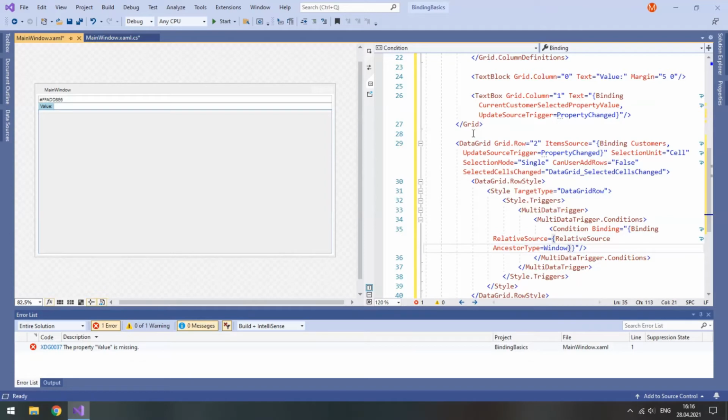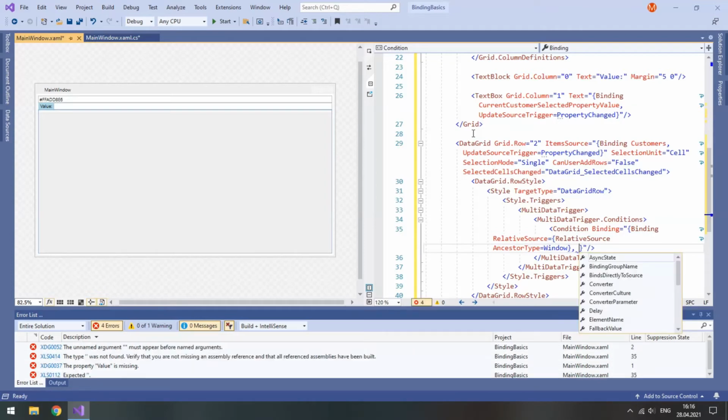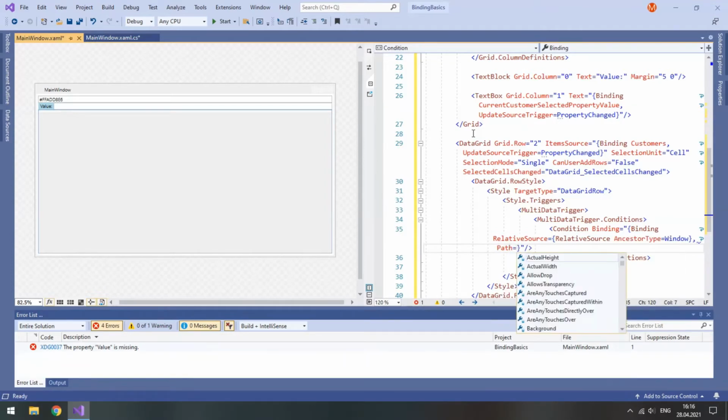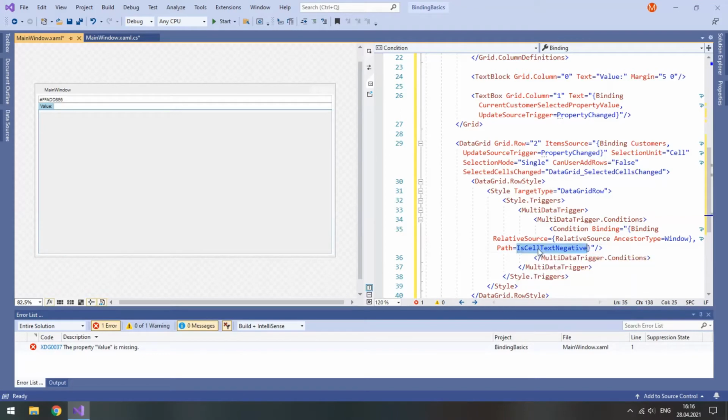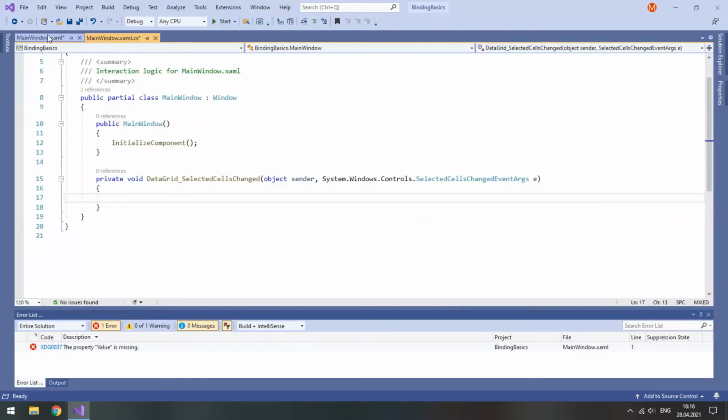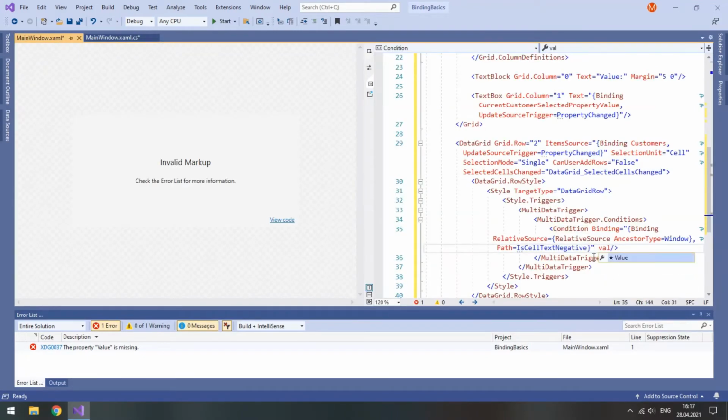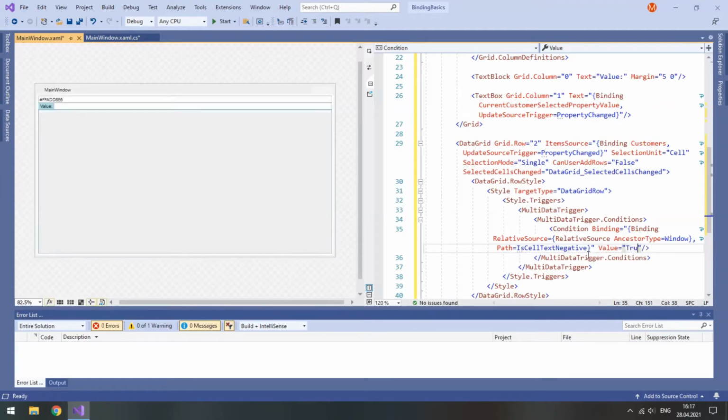Then after the first curly brace, put comma and set the path to your property. I will name it is cell text negative. I will have to create a property with such a name here. And finally, the value that we are going to check it for will be true. So if that property is true, this is the first condition.